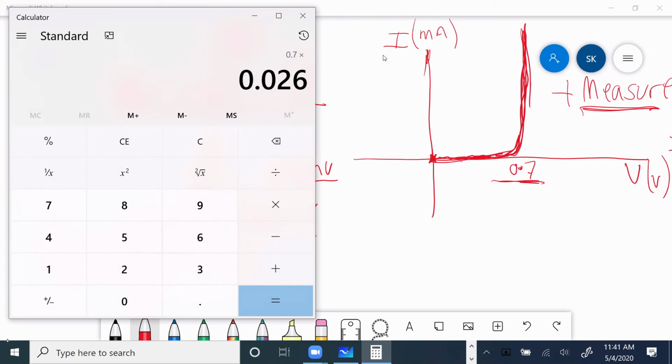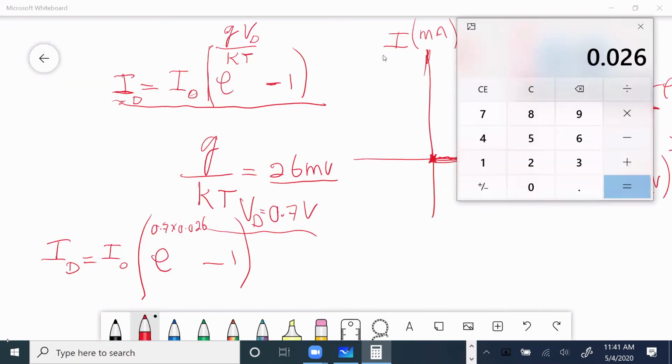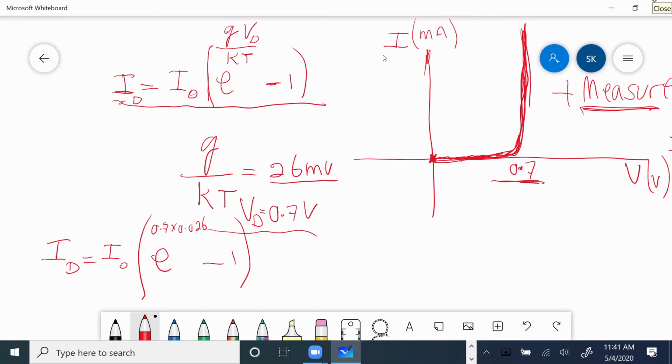I don't have e to the power. I don't have, unfortunately. Let me see if I can get. Why can't I get this scientific one? Oh, on this, I don't have it. Anyway, doesn't really matter. But my point being